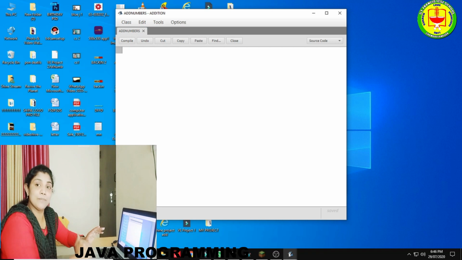So the previous explanation I have given, and the commands I have written on the board, the same program I am going to execute on the computer. How it will be, we can see. So here